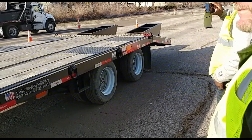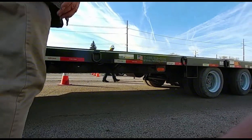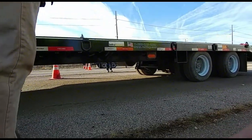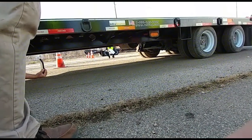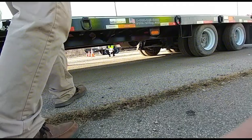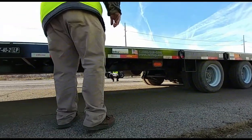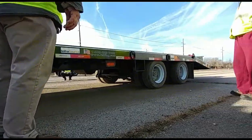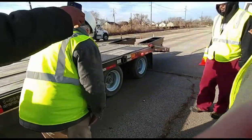I'm checking my side of my trailer and the frame of my trailer. They're both properly mounted. They're not cracked, bent, or have illegal welds. There's no illegal holes, which can make them weaker. I'm also checking my cross members underneath. They're properly mounted, secured, no loose bolts, and the floor of my trailer. It's all properly mounted. As I work my way down here, I'm going to check